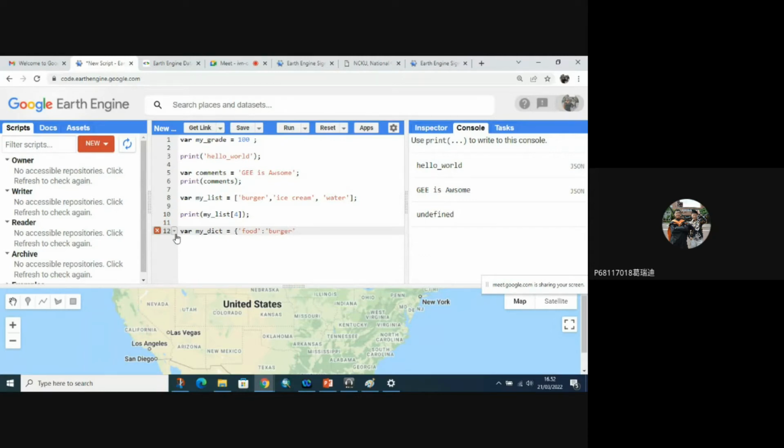I love burger. And the color of the burger, maybe color, the color is brown. And then the number of your order, number 40, and end with curly brackets and a semicolon. Print my stick.